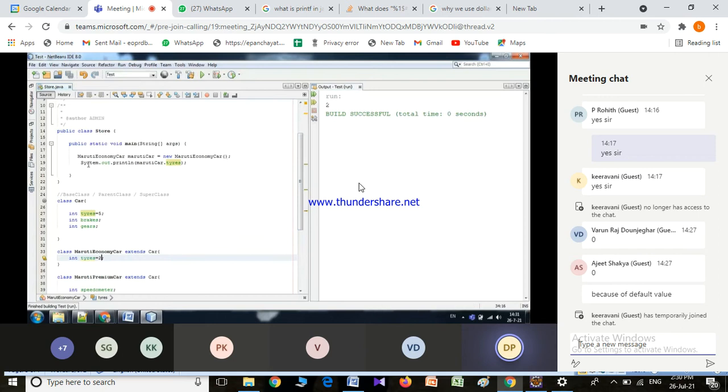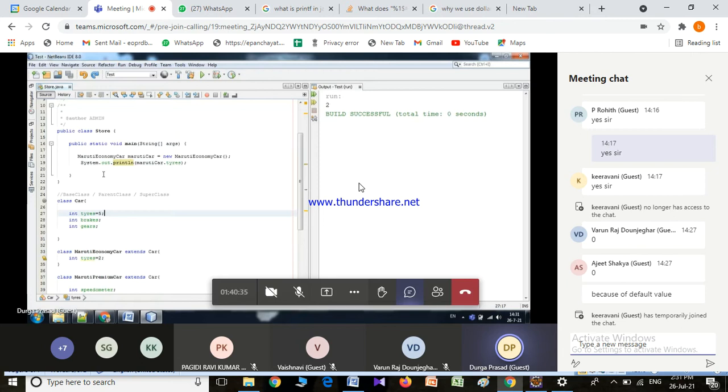What is the first thing whenever a child class object is created and the data members are accessed? The JVM will first check inside the child. If any modifications or updates are done, if the data is available, then it will execute that. If it is not available, then it will check the parent. If it is not defined in the parent either, and it is not available in the child, then it will throw an error. It says cannot find the symbol. So wherever it is available, first preference will be given to the child object. If the data is not available in the child object, then it will go to the parent class.